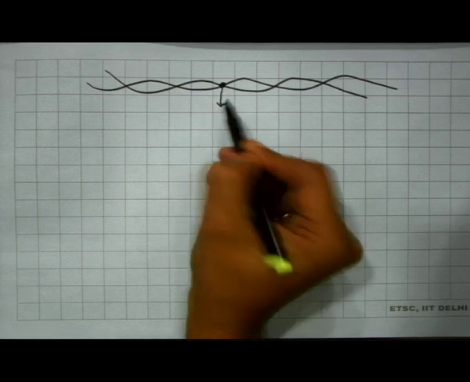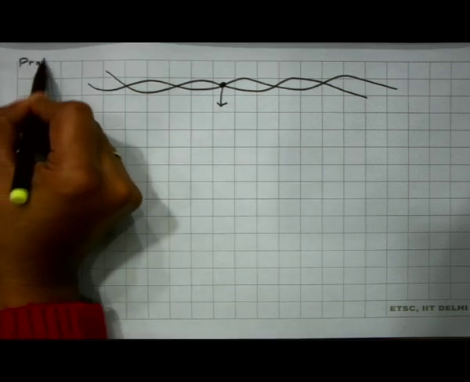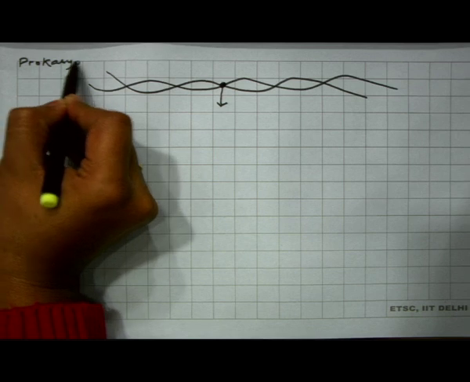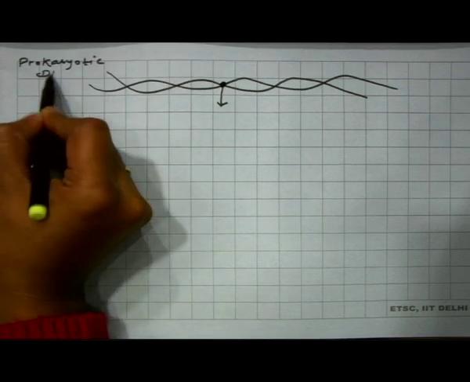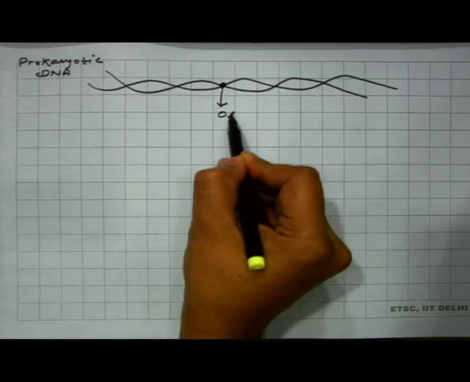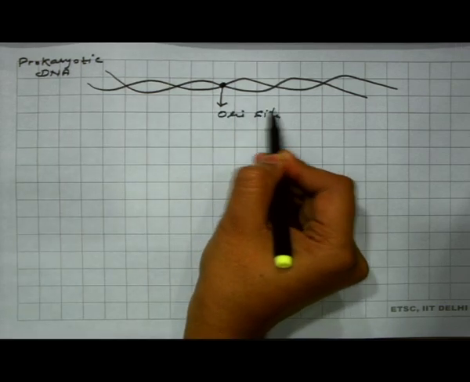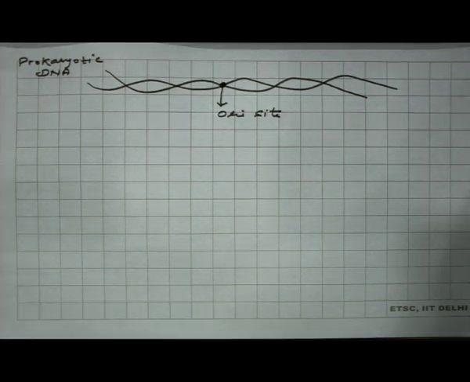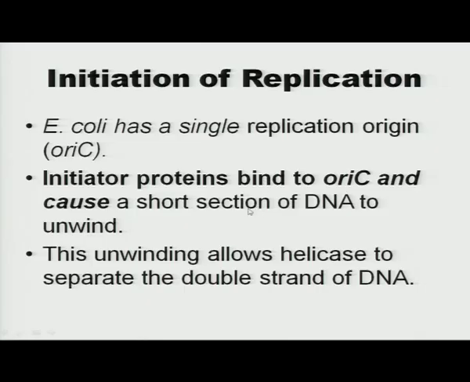Suppose it is a prokaryotic DNA, and here we have the origin. Now, at this origin one of the initiator proteins will bind and it will help to unwind a short section of DNA,